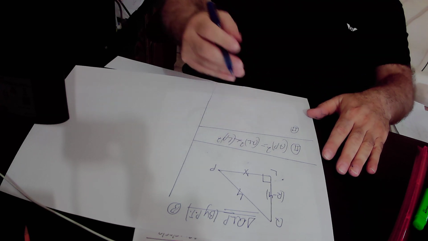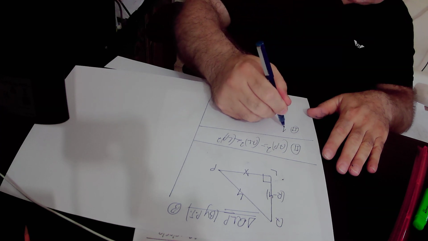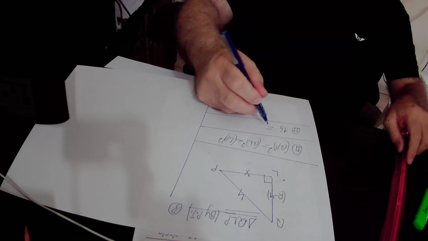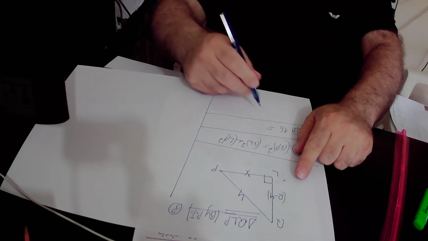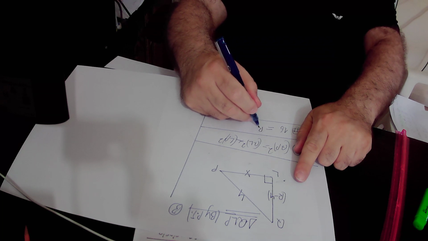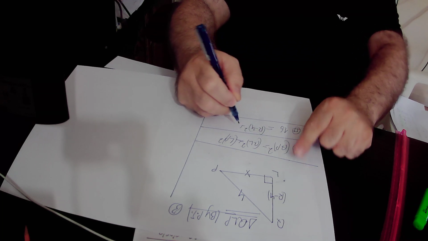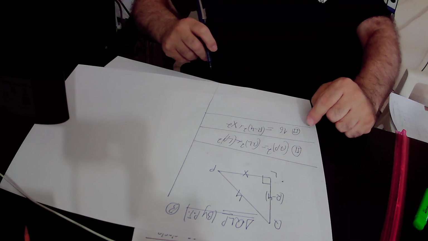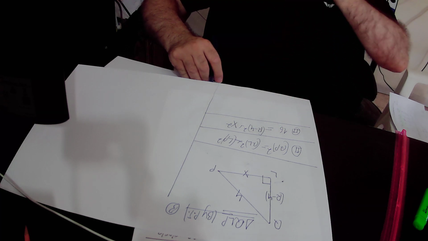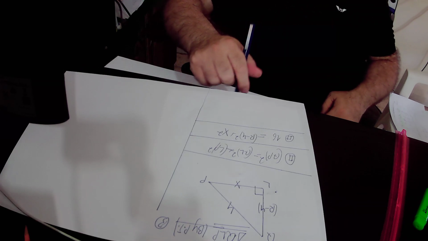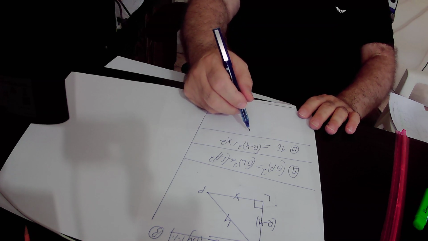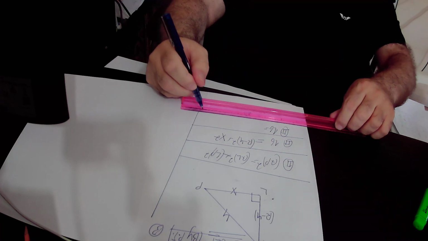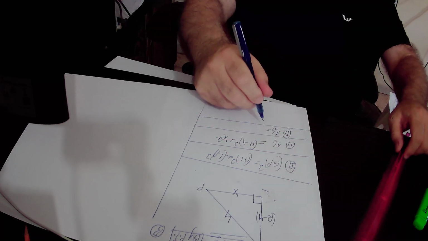QP equals 4, therefore QP square is 4 squared, that is 16. That is equal to QL square. QL equals capital R minus 4, therefore QL square equals (capital R minus 4) square, plus LP square. LP equals X, therefore LP square equals X square. So in conclusion, according to equation number 2, 16 equals (capital R minus 4) square plus X square. Here we will open the brackets on this side of equation number 2, and we will get that according to equation number 2, 16 equals (capital R minus 4) square, which equals capital R square